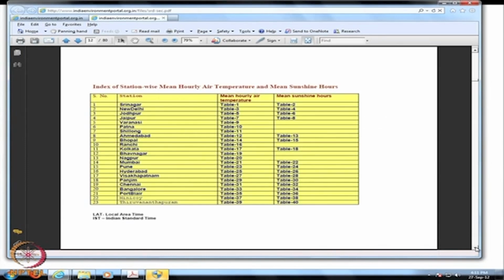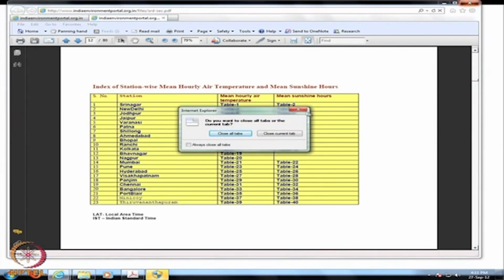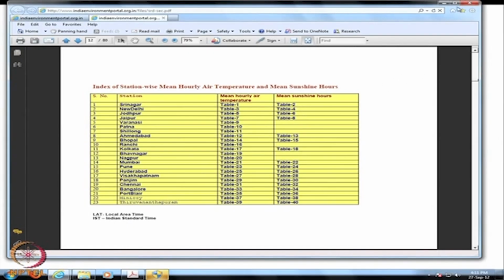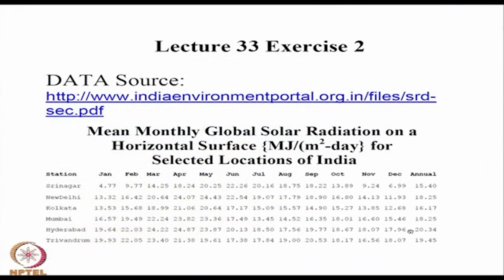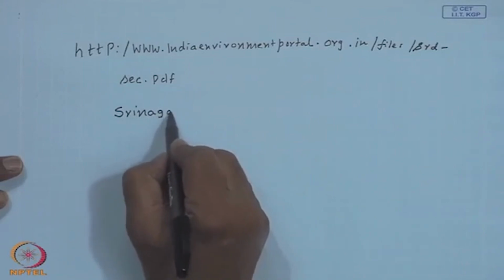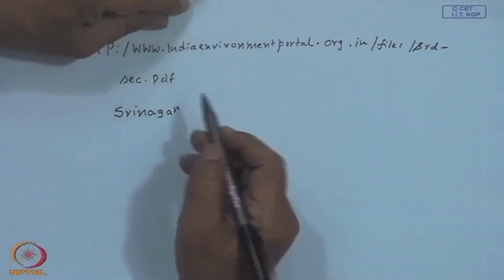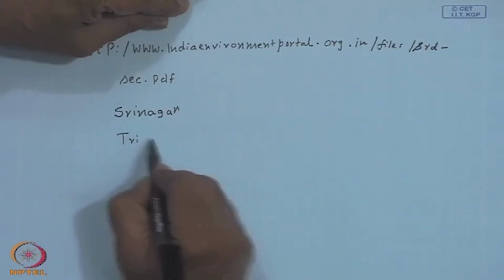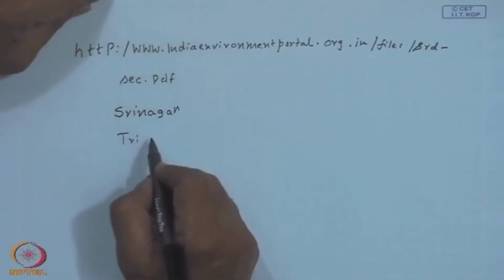This is about 23 locations that we have got, which basically has got mean hourly ambient temperature for each month, then the monthly global solar radiation and the monthly diffuse radiation. I have given here selected from Srinagar, which is more or less a high latitude location in India, up to Trivandrum, which is in down south Kerala,